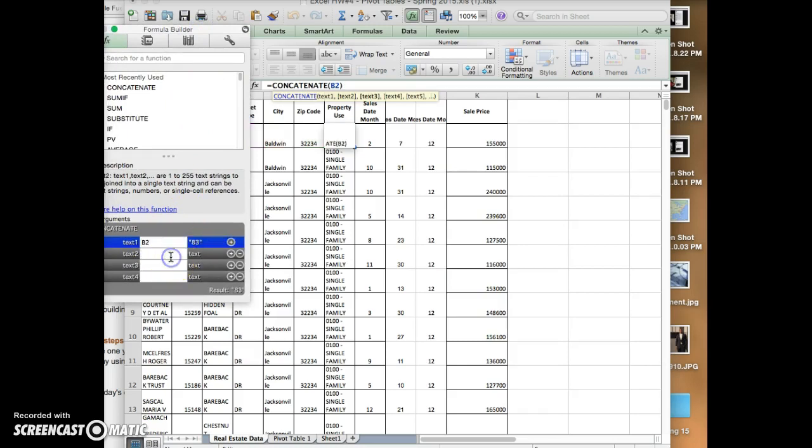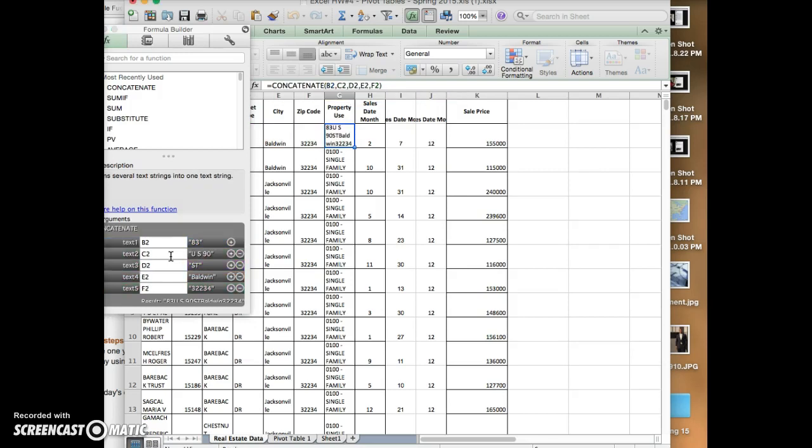It does not put it in correctly. So we'll just put in C2, D2, E2, and F2. Press enter, and then you'll see that the address is actually kind of not the way